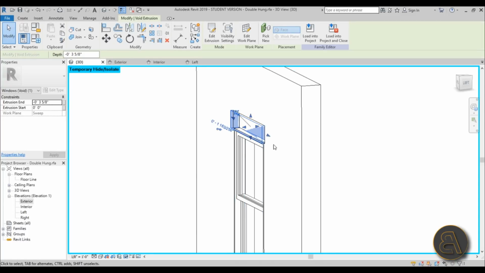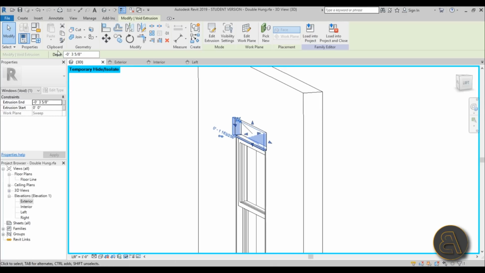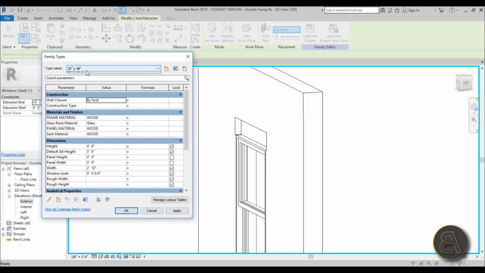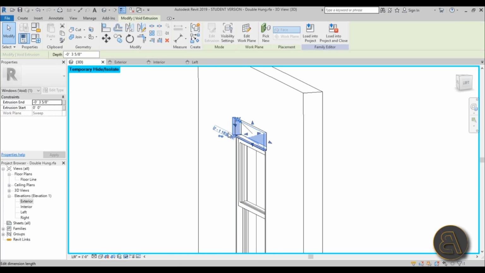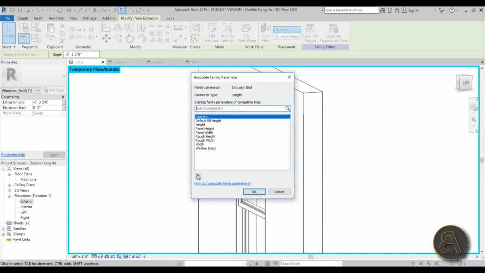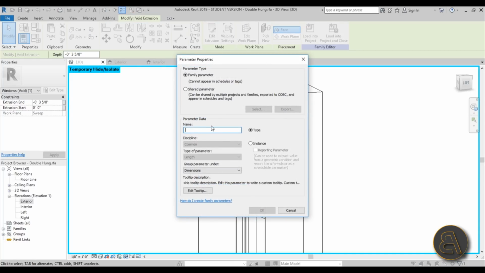Now, unfortunately, if we go for the void and look here into the properties panel, we don't have any option for the visibility settings. So the only thing we can do is, for these two, let's just leave the names like this, but here we're going to need to create a new parameter for this thing over here, and it cannot be a visibility parameter, so it needs to be an extrusion parameter. So here we've got extrusion end, so just remember that that's 3 5/8 of an inch. So just go over here and create a new parameter. Let's just call this void